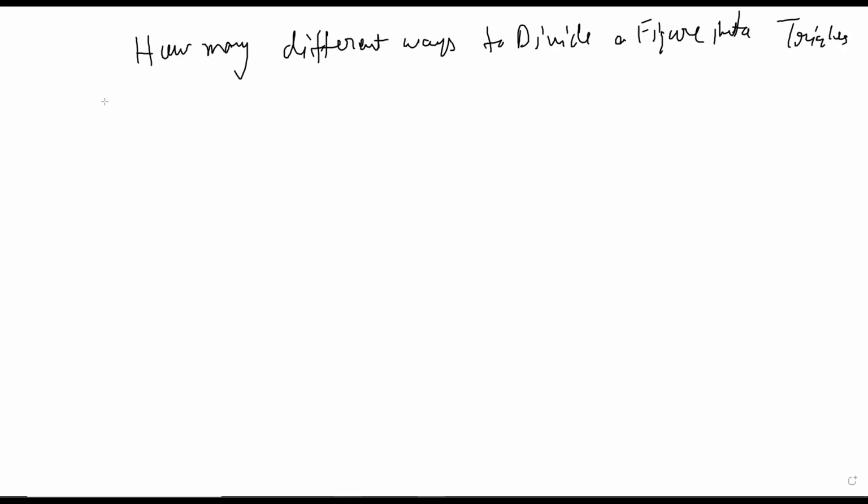Let's start with a pentagon. So we'll take a regular pentagon. Why are we taking a regular pentagon? Because we realized that our answer is not going to depend on the geometry. That's an observation I had made a while back, that the answer of number of triangles and so on does not depend on the geometry.